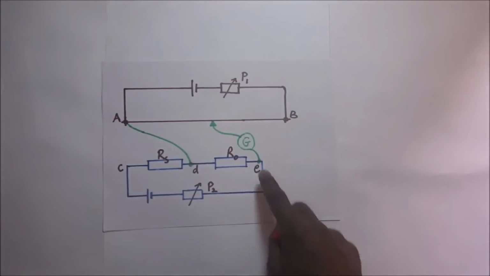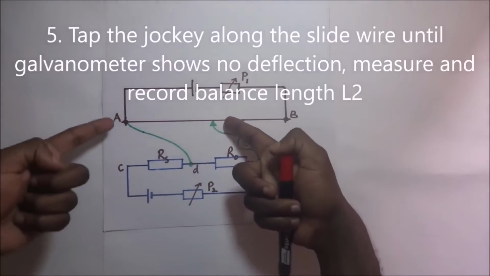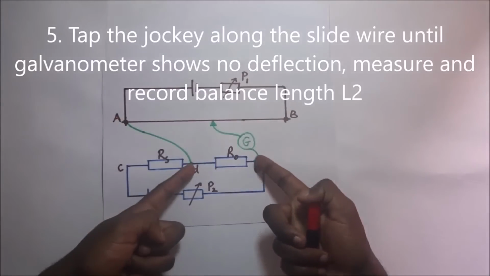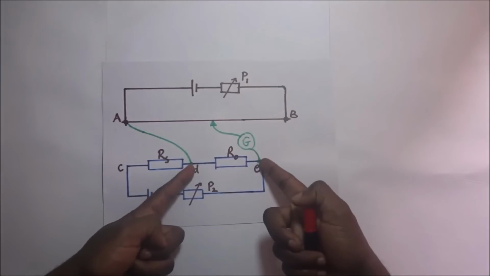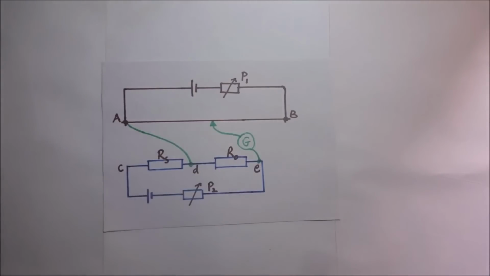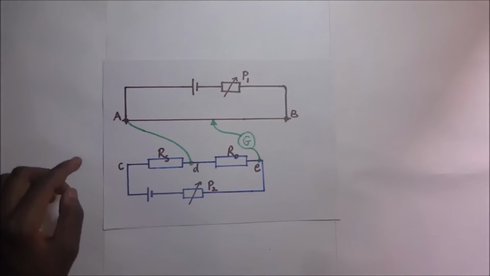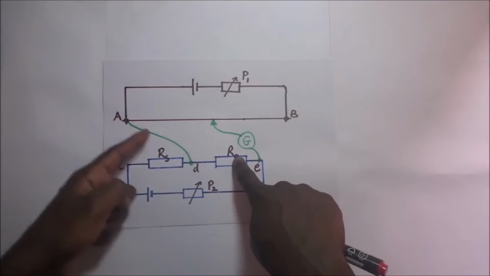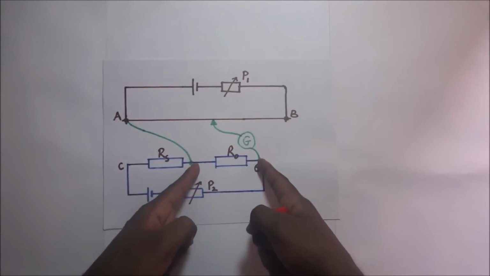When that point is achieved where the galvanometer shows no deflection, the potential difference across that balance length is going to be equal to the potential difference across that resistor R naught. And of course, the potential difference across the balance length is given by K, which is the PD per unit length, multiplied by the balance length, which we shall call L naught,